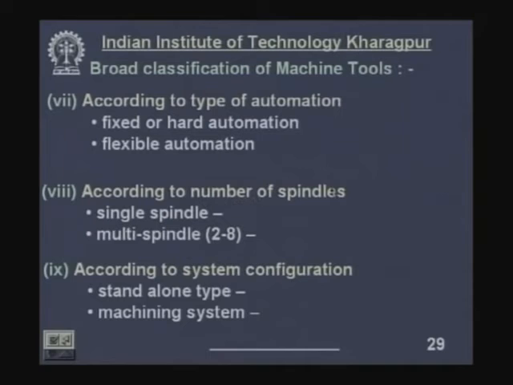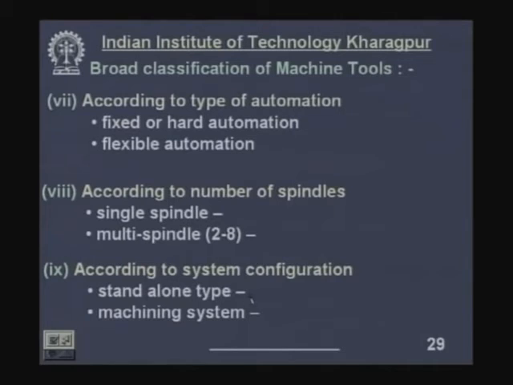According to number of spindles. Now, most of the machines, say lathe, have a single spindle, only one spindle is there, but it can be multi spindle also, say 2 spindles or 4 or 6 or 8. They call it multi spindle lathe, which gives more productivity. And finally, lastly, according to system configuration, standalone type. Most of the machine tools I talked about are standalone,